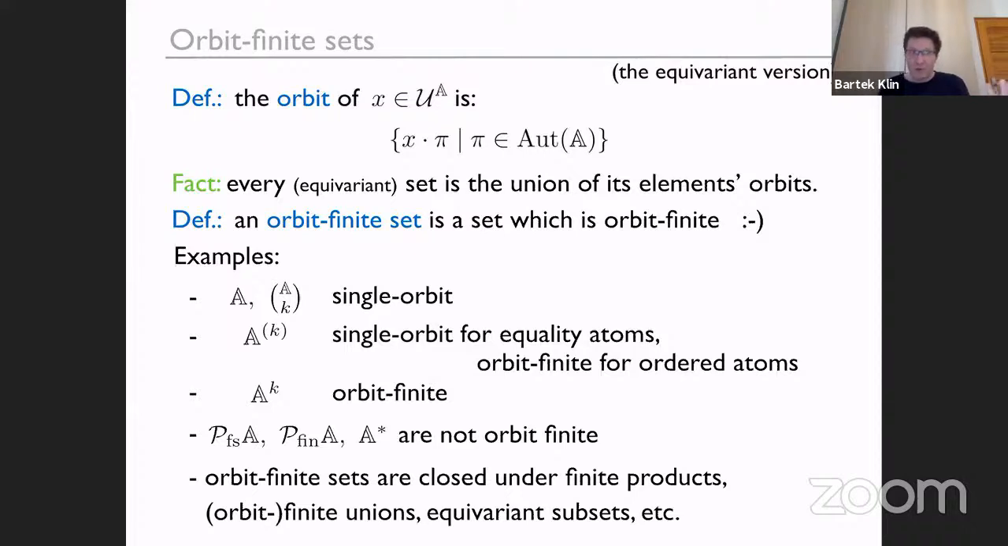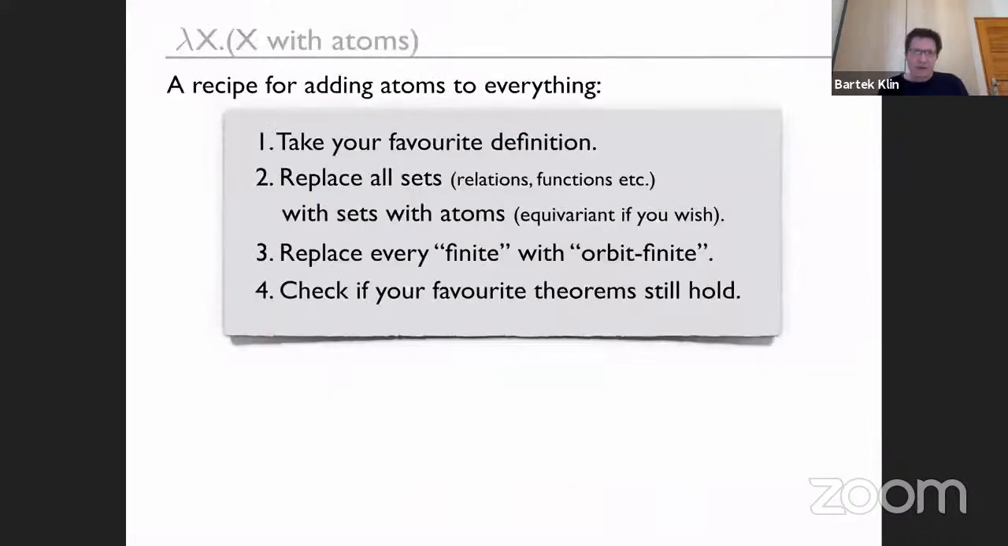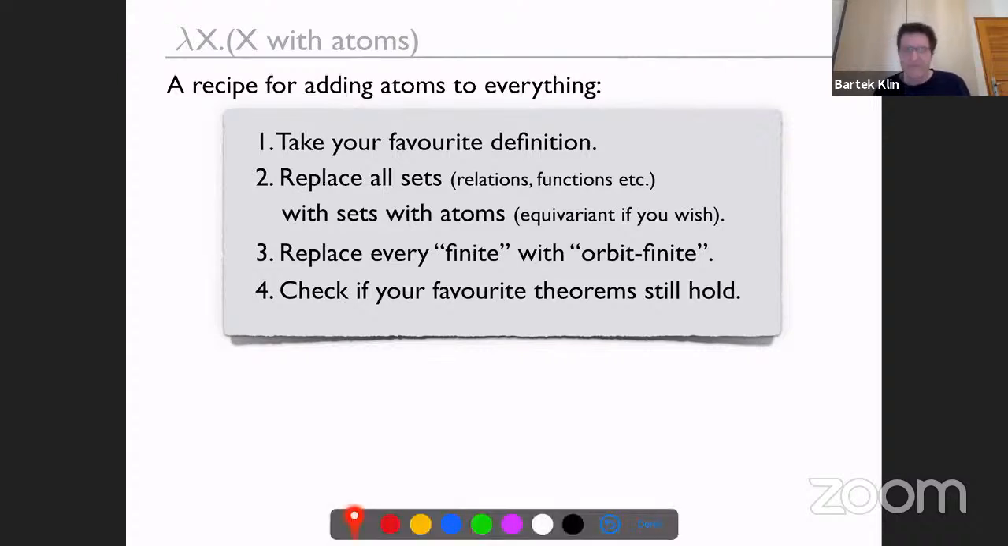and then we can compute on that. So there is a recipe for adding atoms to everything in mathematics, essentially, but in particular in computation theory. The idea is you take your favorite definition, you replace all sets, relations, functions, and everything with sets with atoms. If you're modest, you can content yourself with equivariant ones. You replace every occurrence of finite with orbit finite, and you look at what you got, and you check if